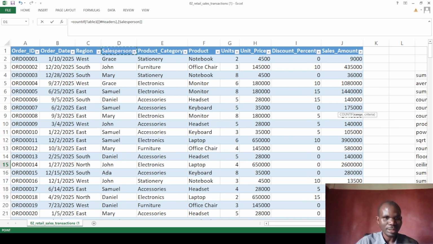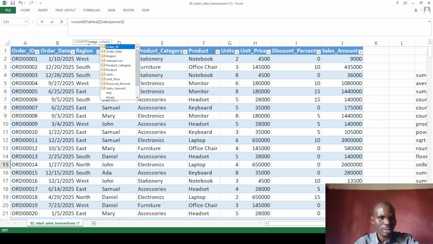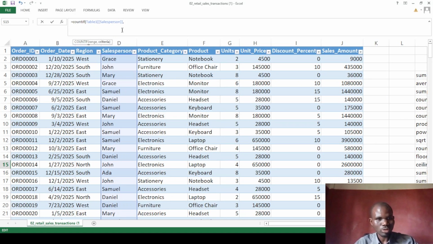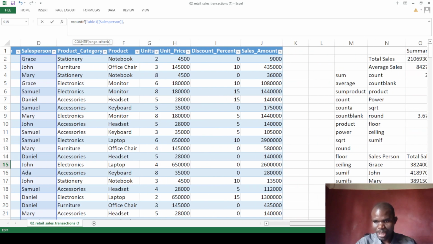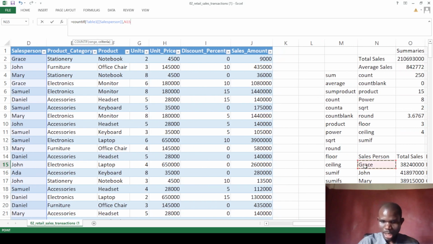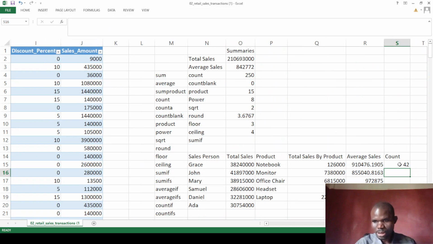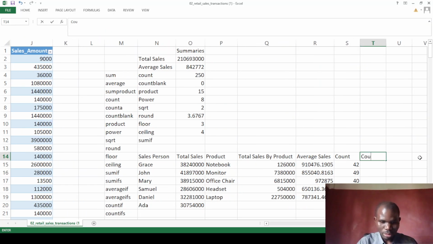That is the first thing, the count range. Then the next one is the criteria. So what we mean is how many times did Grace appear in the sales record? That's what we're talking about. So Grace appeared 42 times, which means Grace made sales 42 times. Though within that, it is not for a particular product. If you want to count by product, how many times did each of the people sell a particular product,